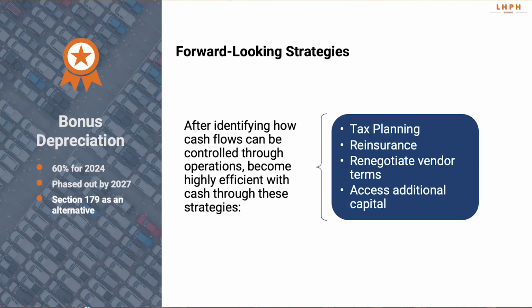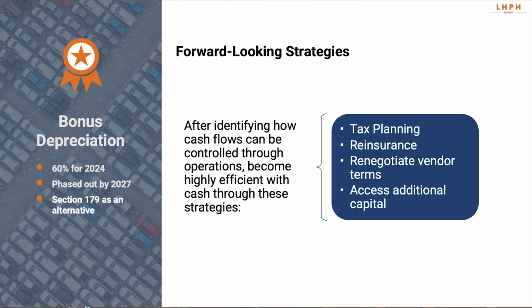Before I get into the rest, this normally inserts the question of, okay, we've had bonus depreciation at 100% for years now. What's going on from there? I didn't want to miss the opportunity to speak briefly on bonus depreciation, even though we're talking cash flows. We're at 60% for 2024, and it's going to phase out by 2027. So there is a challenge there as bonus depreciation goes away that people are trying to solve for, and we're getting questions from clients on how we are going to address what's going on.